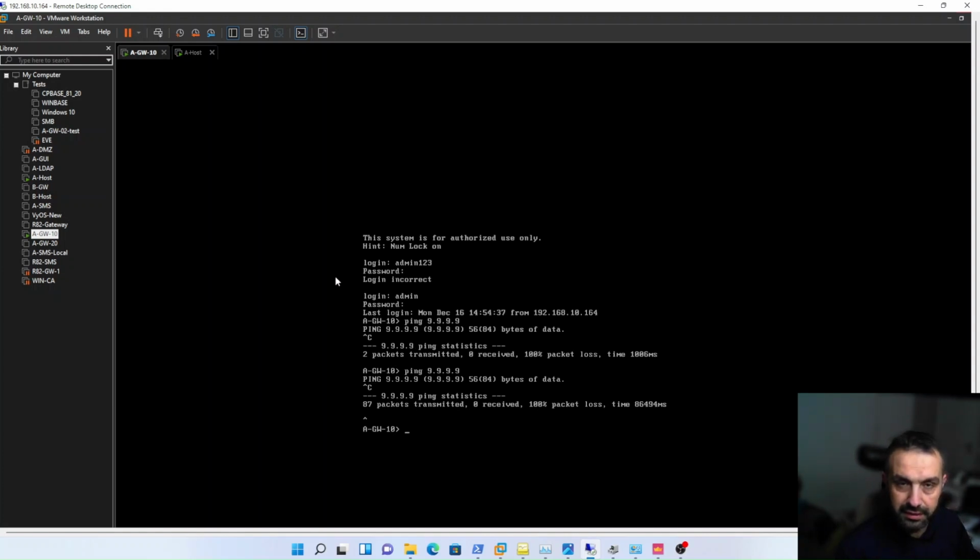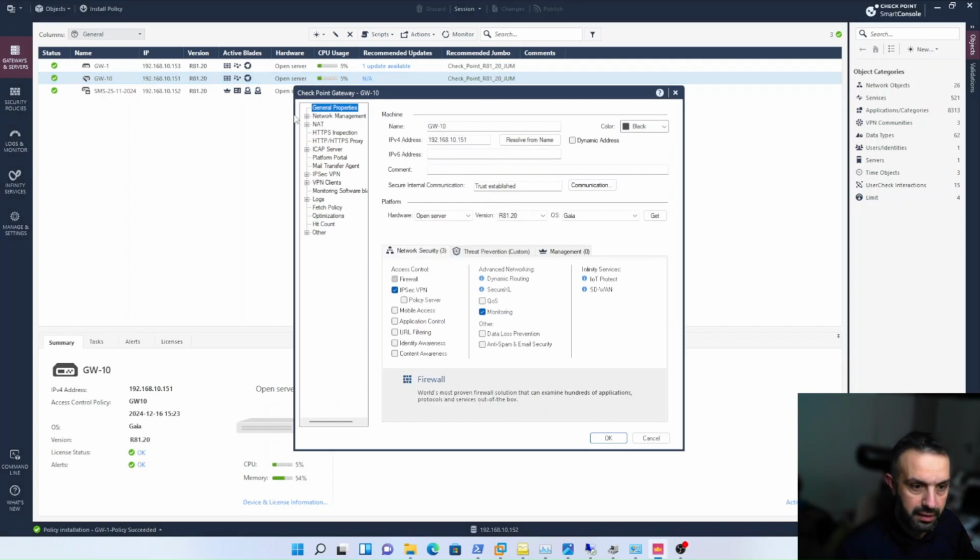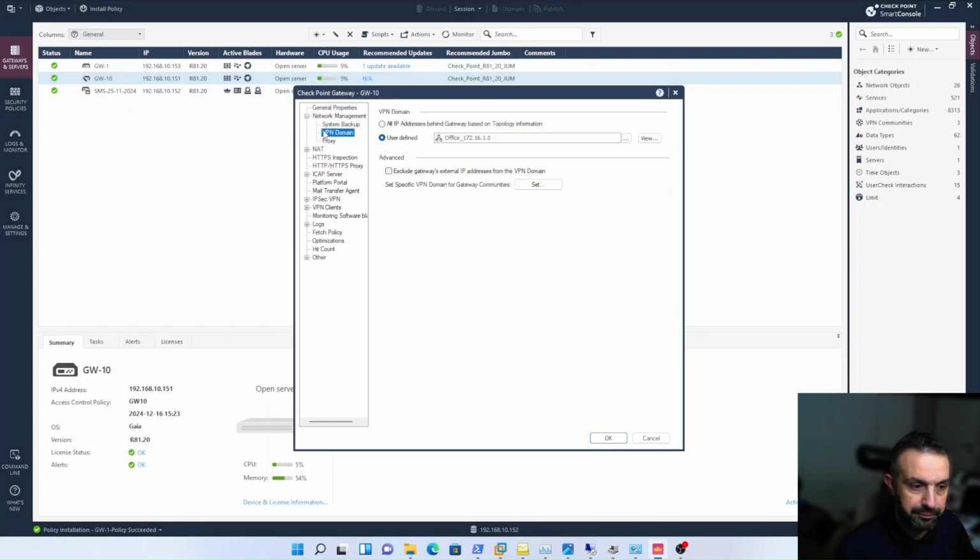So we need to exclude the external IP from the VPN. Back to our gateway, double click the gateway, and under network management click this plus and VPN domain. Here we can check this, exclude gateways external IP addresses from VPN domain. Click OK,